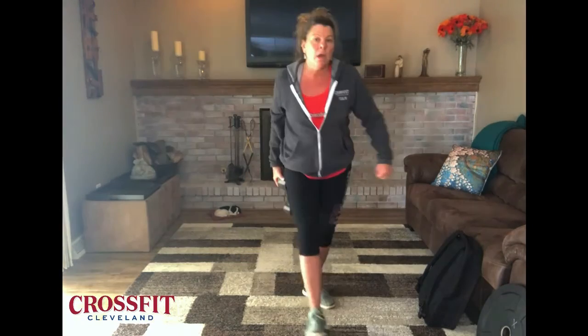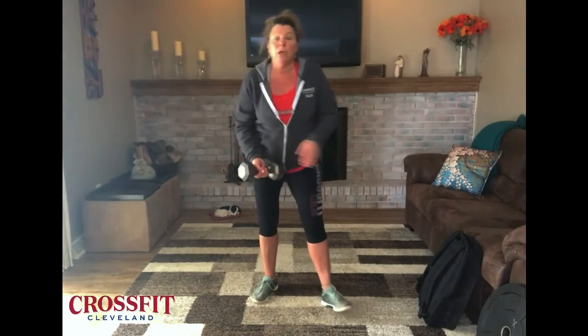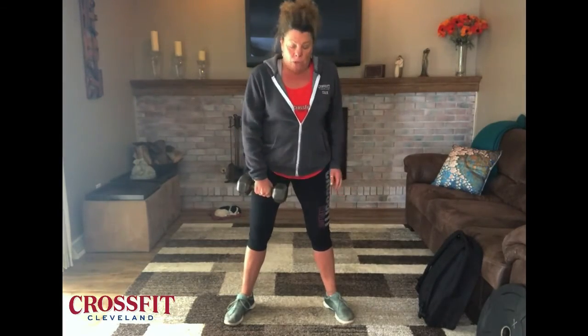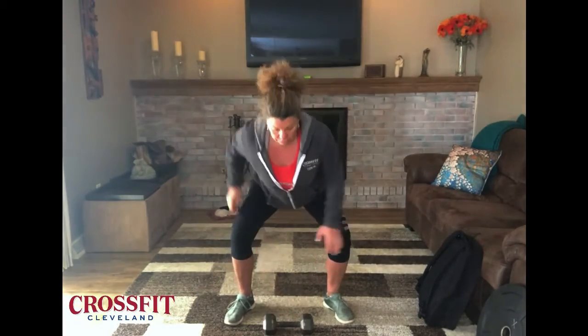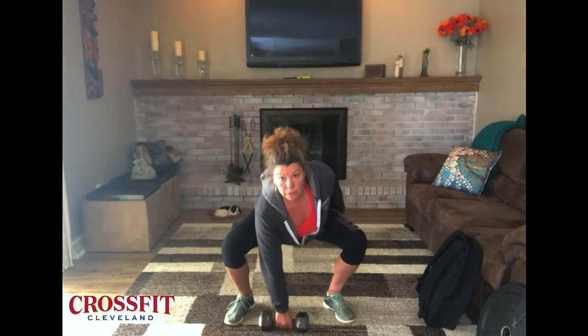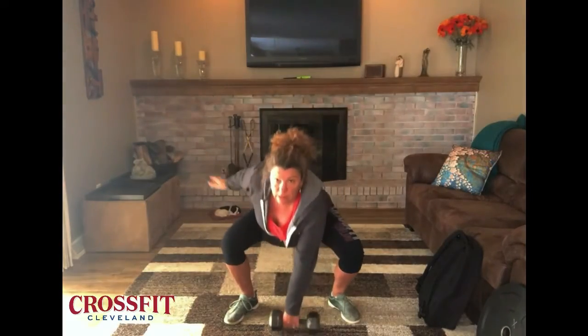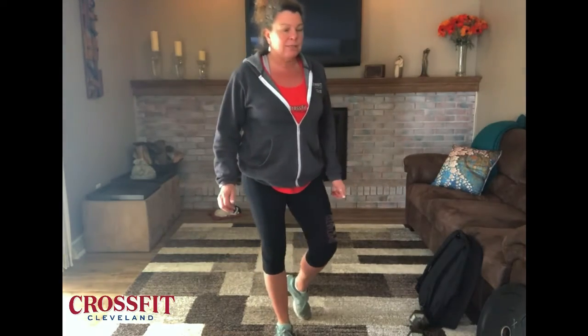yourself under that weight. Our standards at CrossFit Cleveland are that when you're switching, you're not switching mid-air. When it's on the ground, you're going to switch on the ground. So not as you're coming down, all right? So here's my up, release, and up. The reason we do that at CrossFit Cleveland is that we are separating the eccentric from the